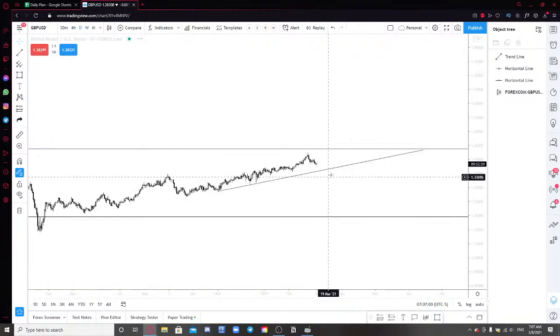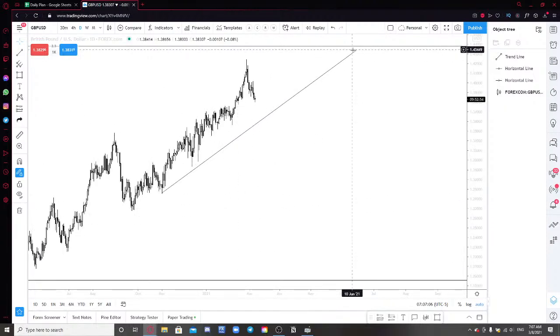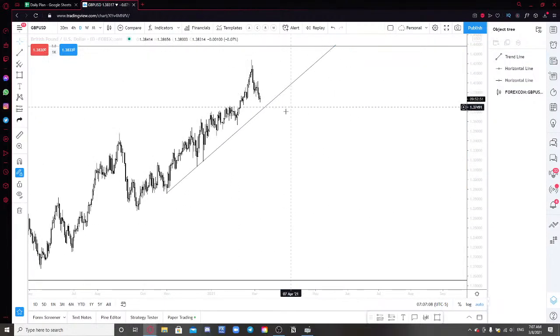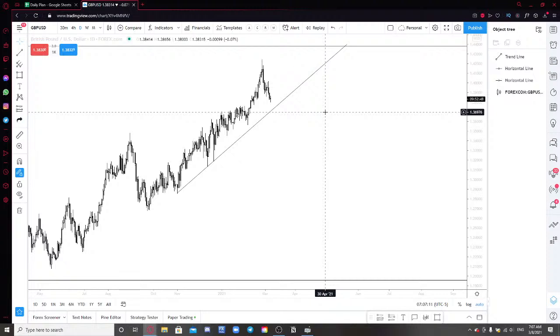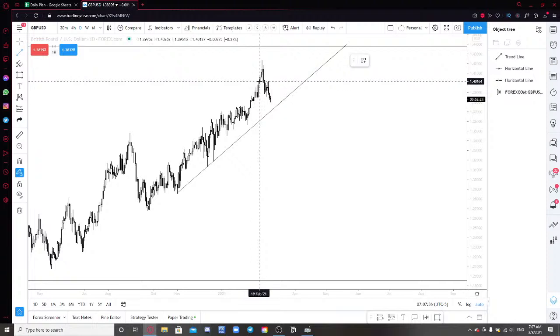Let's work our way down to the daily time frame. Reset this and tighten up the trend line. Alright, so here we can see price has just been on an uptrend, although it's been a pretty sad uptrend that's been catching a lot of people on sales. I know a lot of people have been selling this all the way up, and I was one of them. Starting from down here, I was trying to sell the top every single time, but price just kept on trickling up,